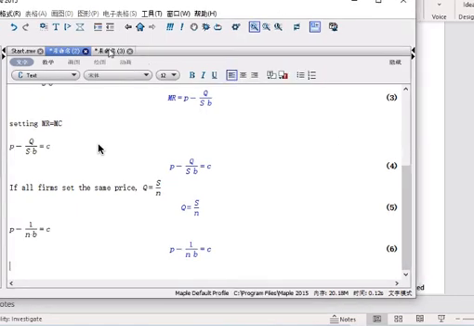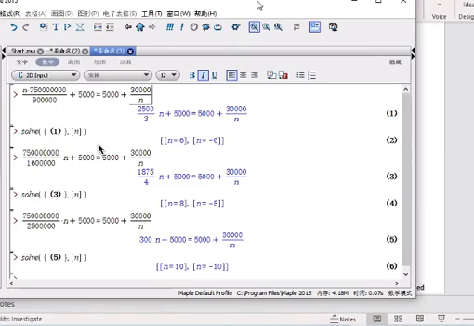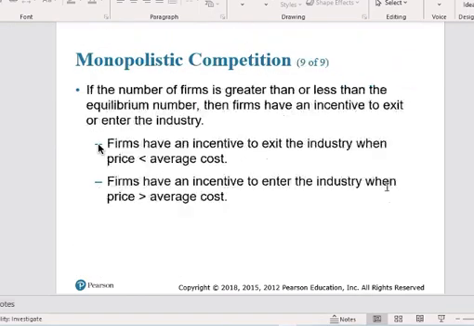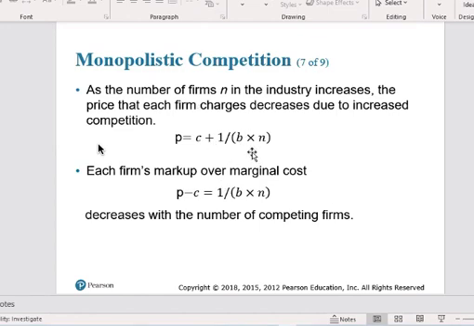Okay, so basically what you need to do is, we have the equation. You find the marginal revenue equal to marginal cost equation, okay, which is here. Marginal cost equal to marginal revenue equation. That's the equation, okay. And then you will see that P equals C plus 1